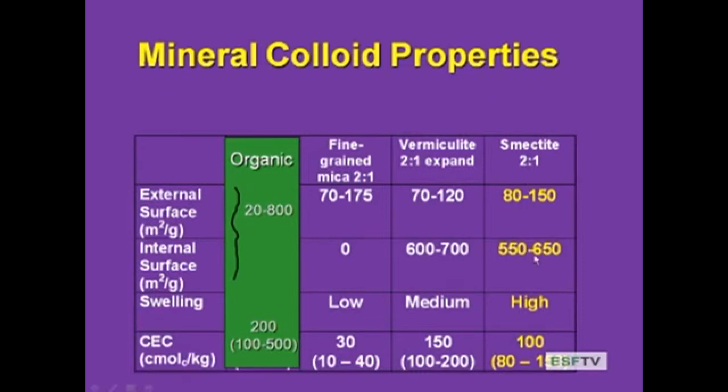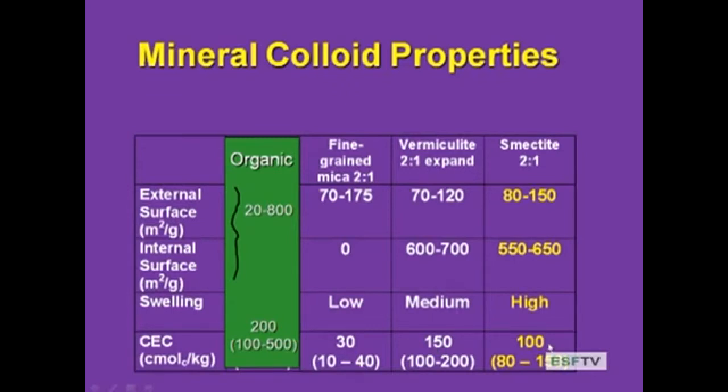So this is kind of interesting. We have this high expansion, and why do we have this higher CEC in the limited expansion clay? It has to do with isomorphous substitution. In vermiculite, the 2-to-1 limited expansion clay, 2 tetrahedral to 1 octahedral, most of the isomorphous substitution occurs in the tetrahedral layer. Remember, the tetrahedral layer is the outside, so the charge is a little closer to the surface of the layers. In smectite, most of the isomorphous substitution occurs